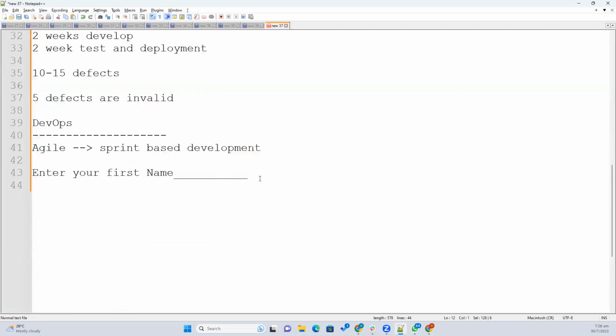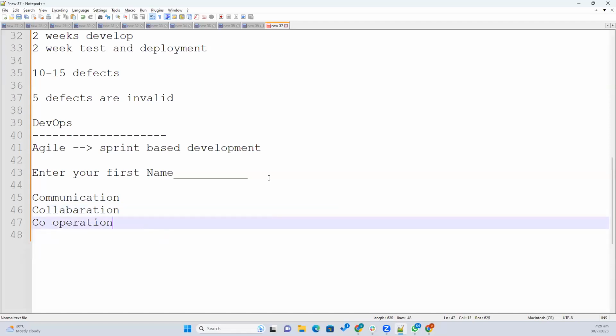But here, as a developer, I developed this and then left for the day. And tomorrow when I come to the office, I can see there are some defects, and there will be no chance of raising invalid defects here. Or the chances are very less because it's a single test case, single field. So then the developer immediately remembers what they developed earlier. If there are some defects, they can clear the defects immediately. So this is how the communication, collaboration, and cooperation is happening.